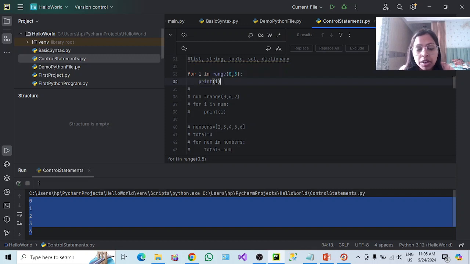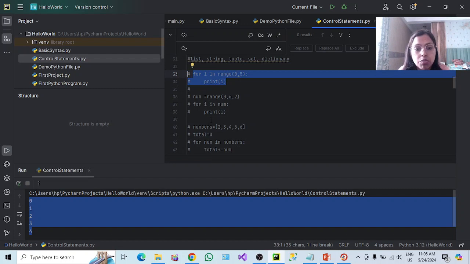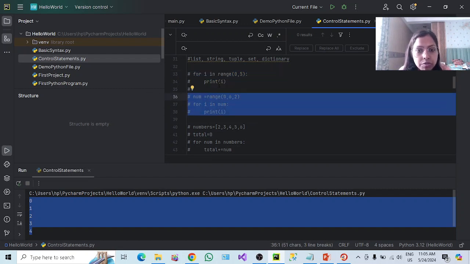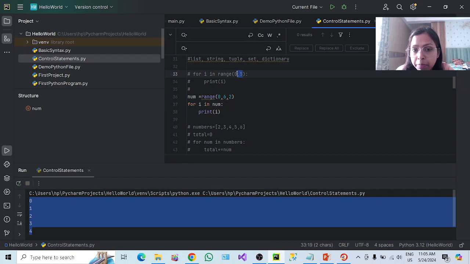Okay, so what we are going to do, we are printing it here. Now there is one more thing. Right now if we print it, it is printing the values in sequence order. What if I don't want to print it in sequence order? What if I wanted to display only some certain number of numbers within the range? If I wanted to skip some values, in range we have basically two main parameters, but